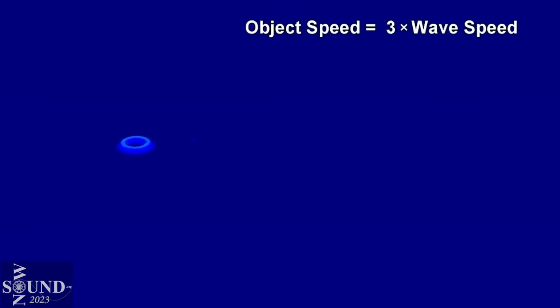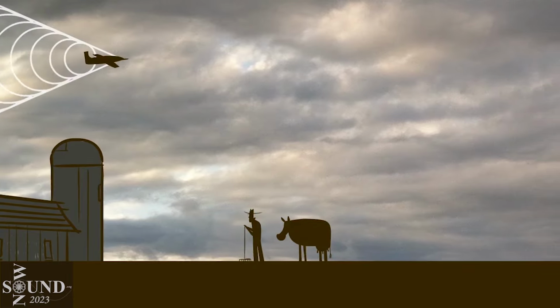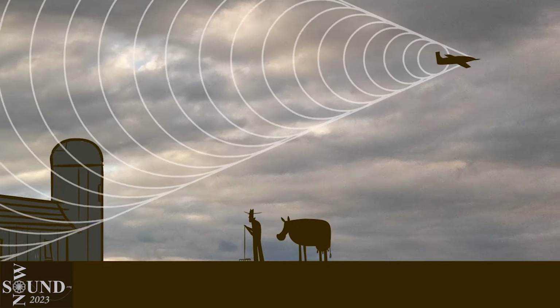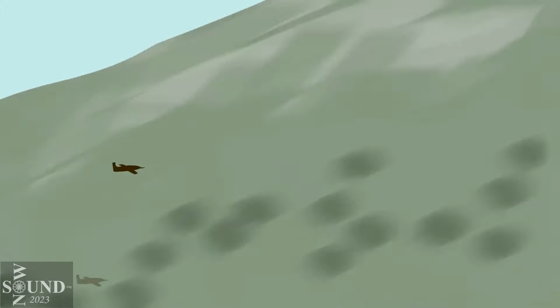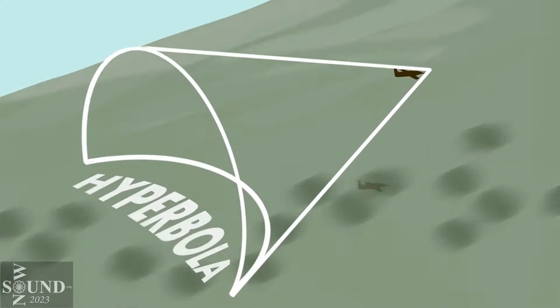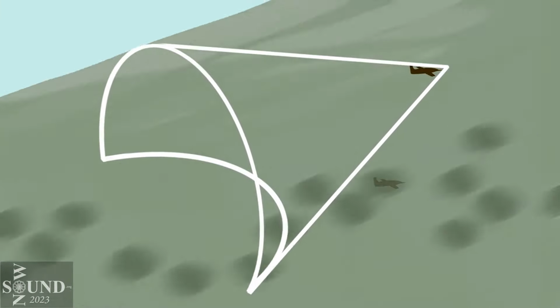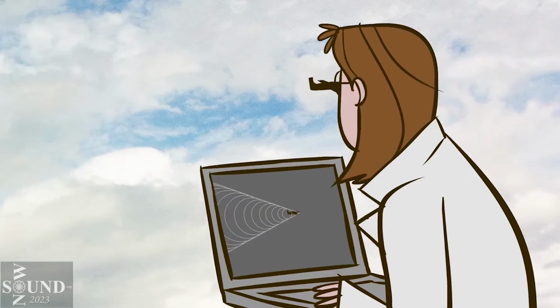And here's a great little animation. As it overtakes sound waves it has emitted, while generating new ones from its current position, the waves are forced together, forming a Mach cone. No sound is heard as it approaches an observer, because the object is traveling faster than the sound it produces. Only after the object has passed will the observer hear a sonic boom. Boom! Where the Mach cone meets the ground, it forms a hyperbola, leaving a trail known as the boom carpet as it travels forward. This makes it possible to determine the area affected by a sonic boom. What about figuring out how strong a sonic boom will be?